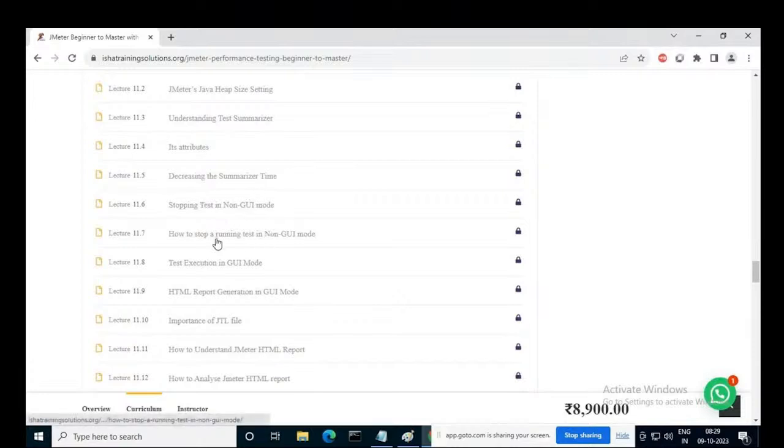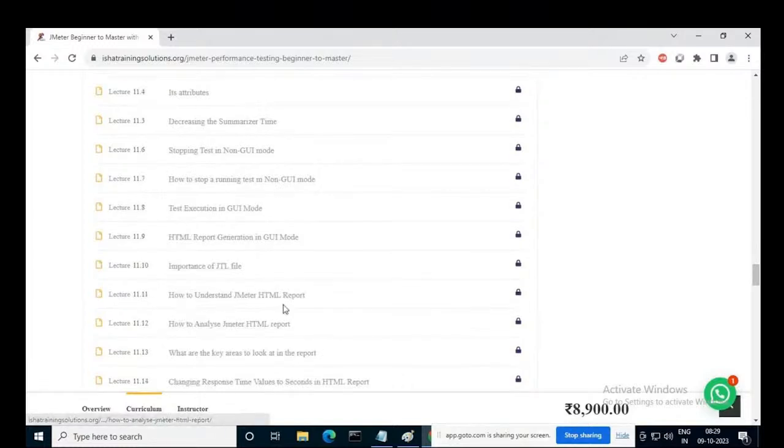Then how to stop a running test in non-GUI mode, and test execution in GUI mode: whether we should do test execution in GUI mode or not. If yes, then when and how to do that, and HTML report generation in GUI mode. And then we have one file in JMeter, the JTL file, that is the results file, the JMeter test log. So the importance of that file, and how to understand and analyze the JMeter HTML report,